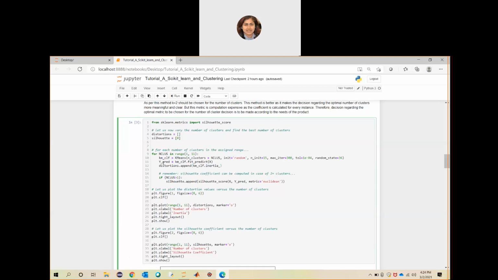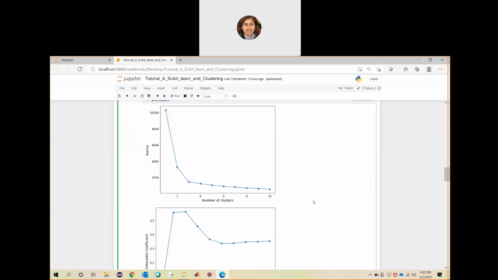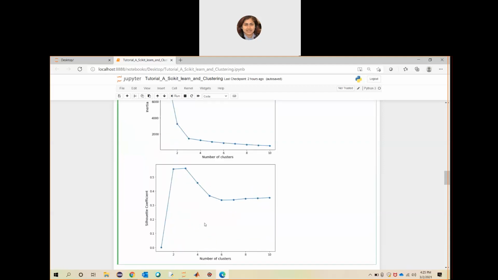This is a loop and it will go on 1, 2, 3, 4, 5, 6, 7, 8, 9, 10, so 10 times it will run. For 10 times in the range 1 to 11, you will find out the inertia and the Silhouette score, and you will use the same range function and plot them in the output. This set of statements is able to plot them in the output in this way.